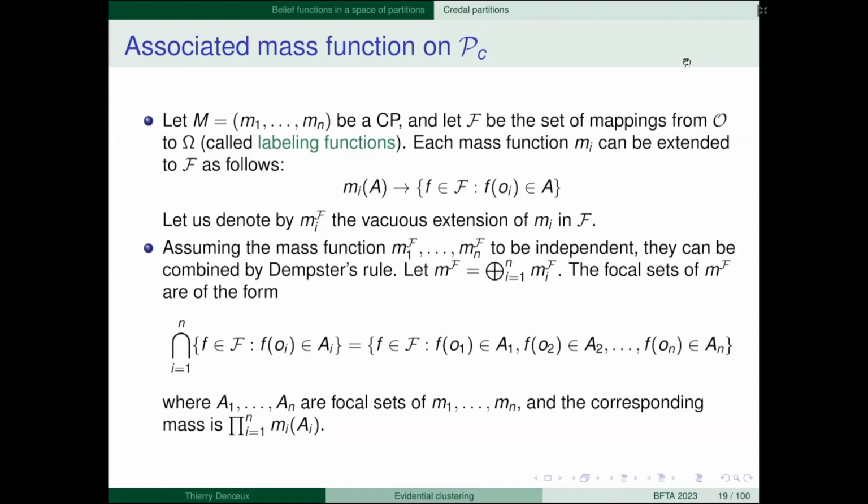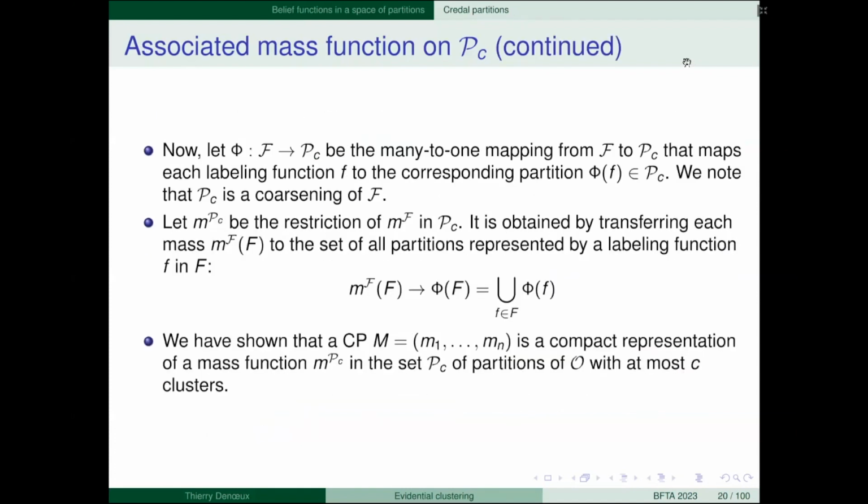So the intersection here of these sets is a set of matching relations such that the image of O1 belongs to A1, the image of O2 belongs to A2, up to the image of ON belongs to AN, okay? So here we have the mass function. Even though it can be expensive to compute, we can very well compute the corresponding mass function on the set F of labeling functions.